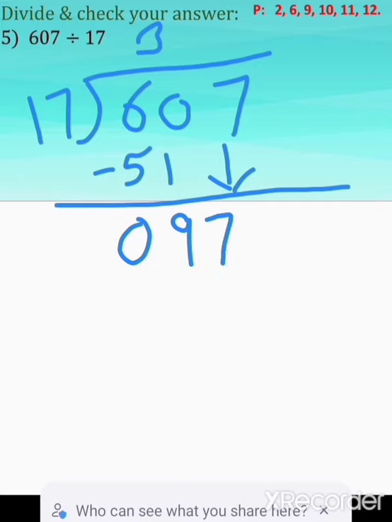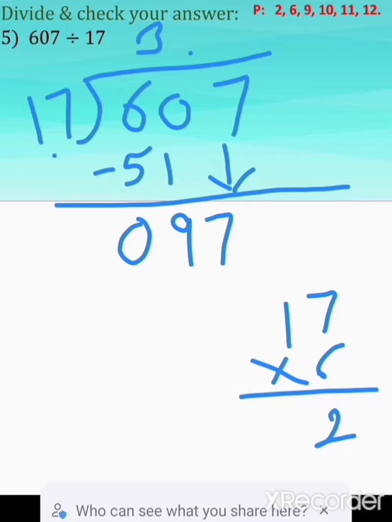Again, I don't know the table. What I'll do, I will multiply, but you have to multiply with a little brain. Like for 17 3s, you will not start from 1s, multiplying 17 by 1, then 2, by 3, by 4. No, just use your brain. 17 3s, we got 51. It means around half of 97 I'm getting in 3s. So I will check by 6s. Okay, let's see what I'm going to get.